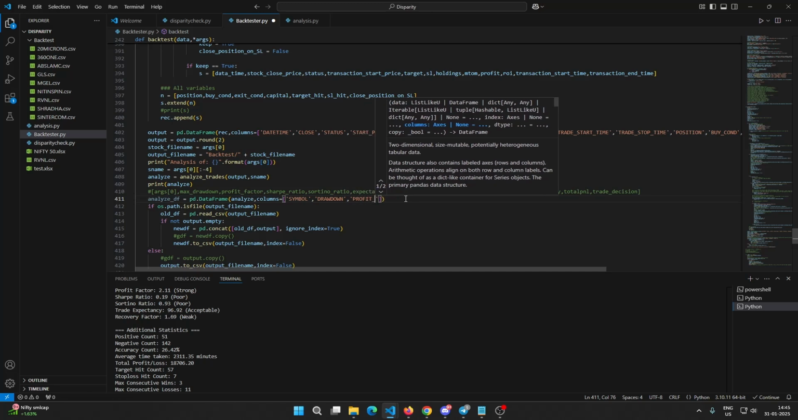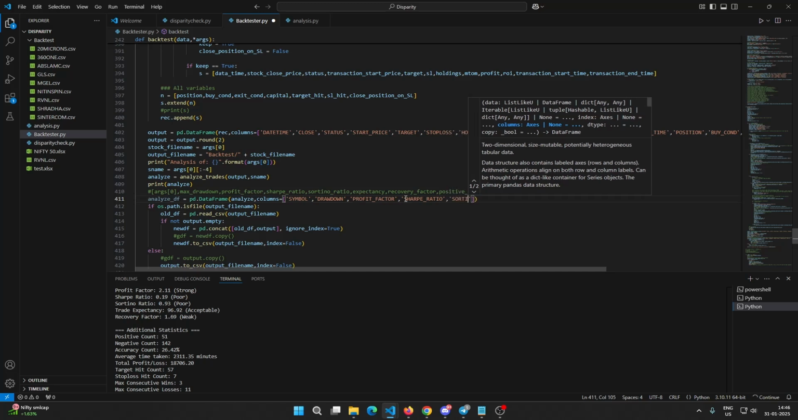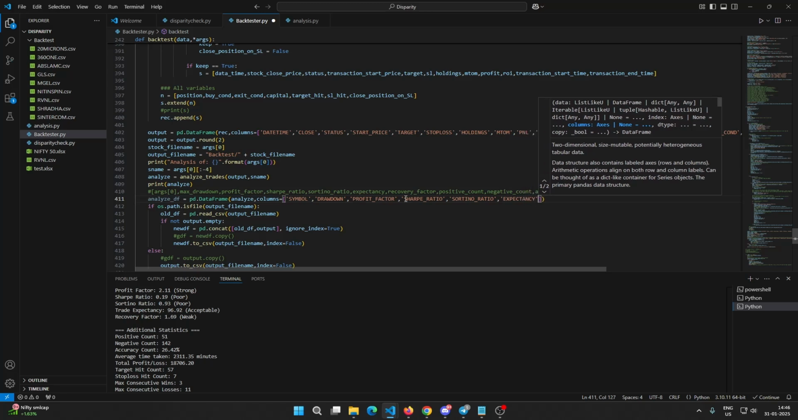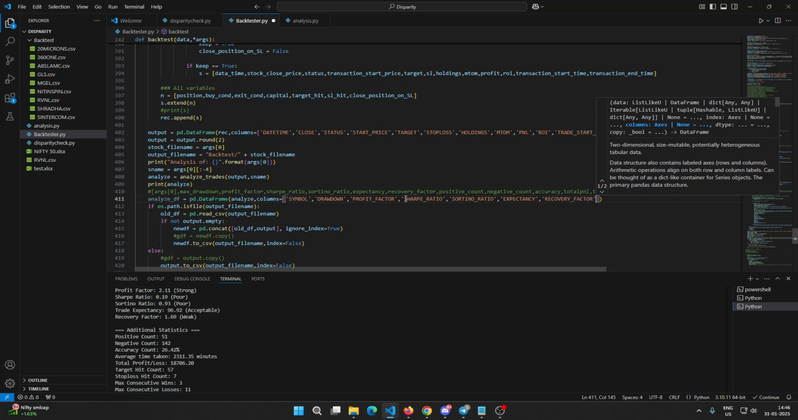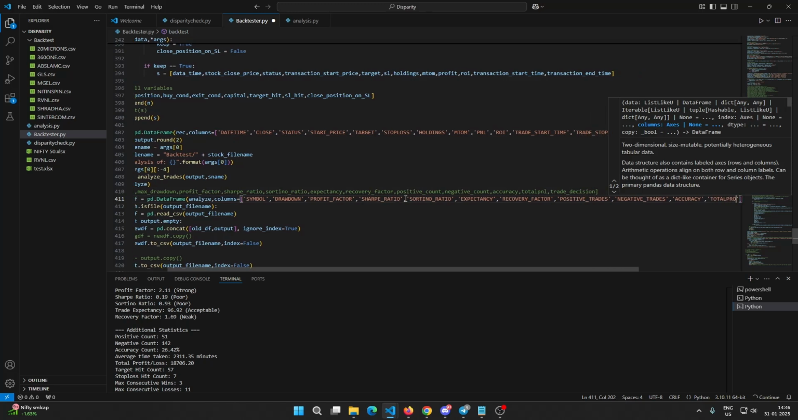Drawdown, profit factor, Sharpe ratio, Sortino ratio, expectancy, profit expectancy, and then recovery factor, positive trades, negative trades, accuracy, total profit,